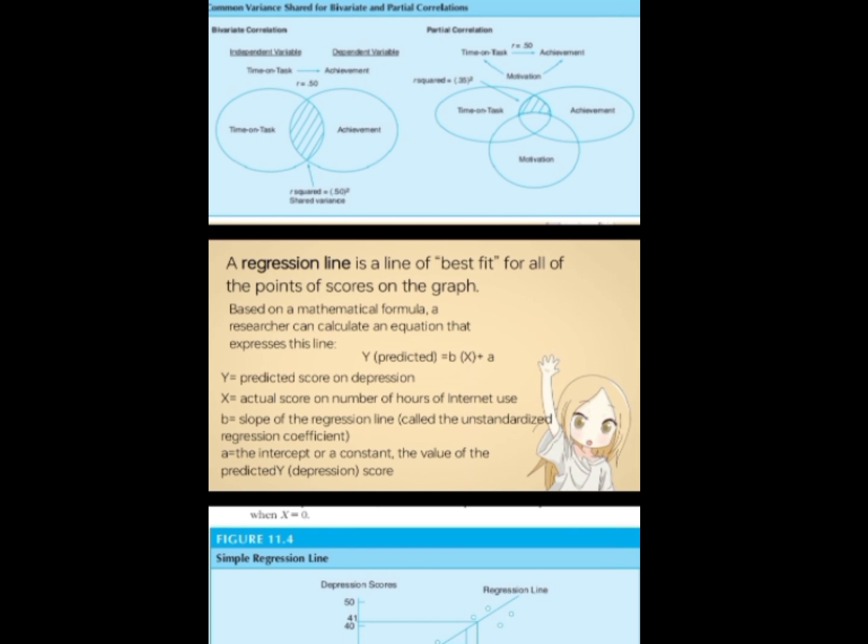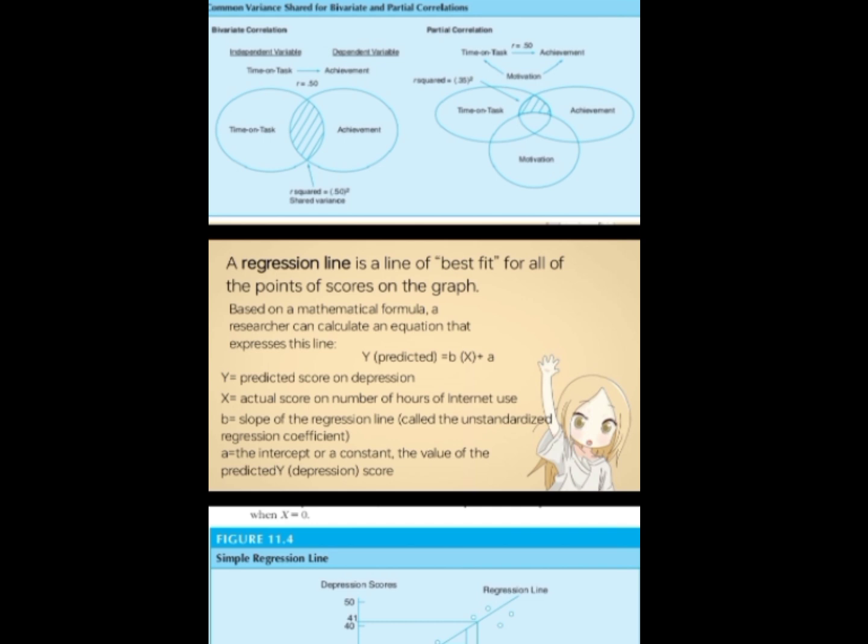The calculation of this line holds value for predicting scores on the outcome. Based on a mathematical formula, our researcher can calculate an equation that expresses this line. So y predicted equals b(x) plus a, where y is the predicted score on depression, x is the actual score on number of hours of internet,